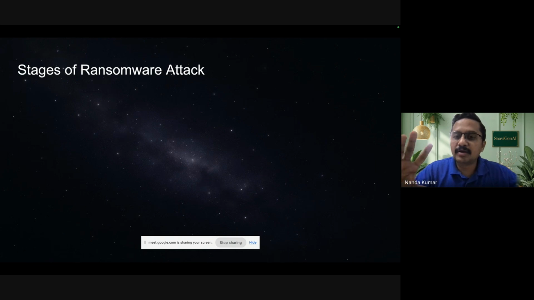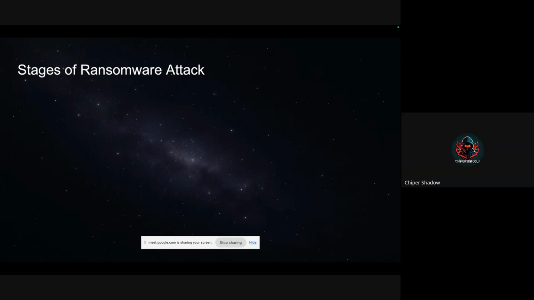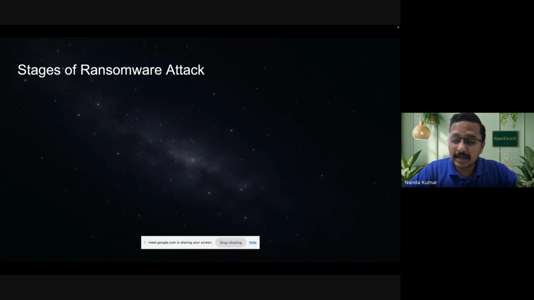Only one page, one interface, will be there in the display, where it says that your system is completely encrypted and locked. If you want to unlock, contact this or send an email, something like that. So your malware predominantly would try to encrypt all the data on the system that it got infected, and then it will tell you to give me a key to decrypt and unlock your system. Okay, perfect. What else?